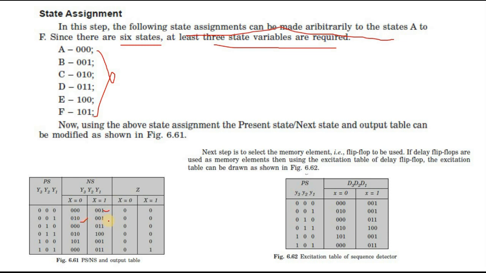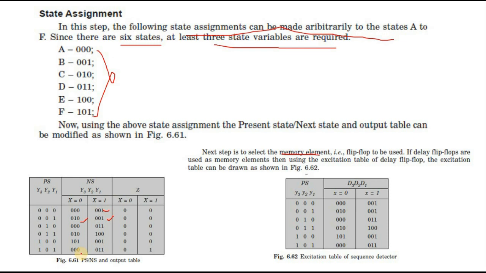0001 and 000. So like that we have to build here. Okay, and finally z equal to, what I am trying to tell you here, the next step is to select the memory elements. So these numbers will repeat when x equal to 0: 0 0 0 0 0 1 0 0 0, I mean 0 0 0 1 0 1 0 1 0 0. Like this I am building.